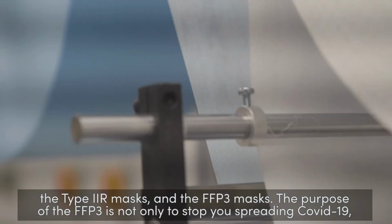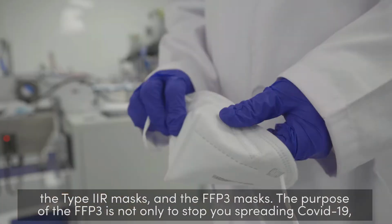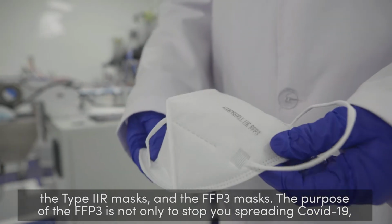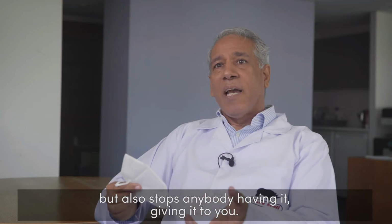mask and the FFP3 masks. The purpose of the FFP3 is not only to stop you spreading the COVID-19, it also stops anybody having it,